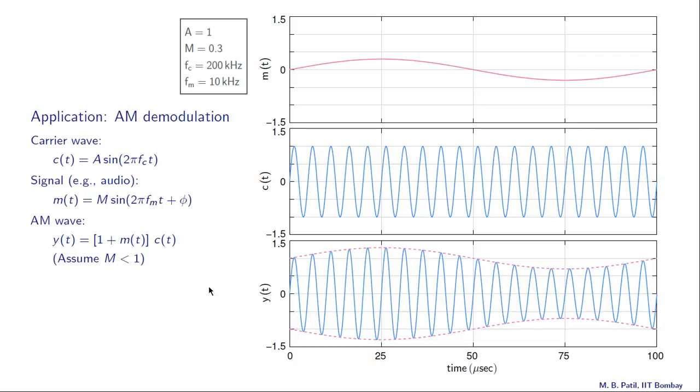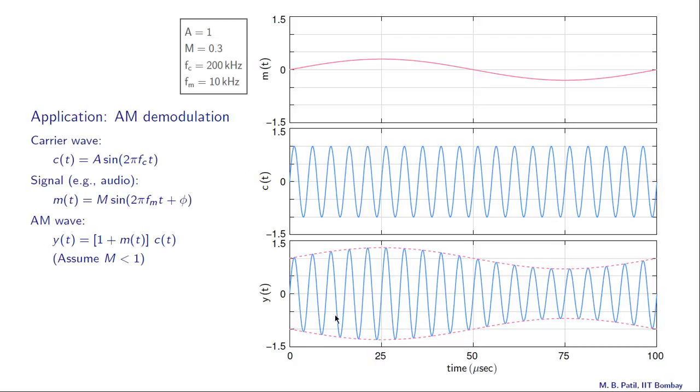So here are the waveforms. We have A equal to 1, the amplitude of the carrier, M equal to 0.3, Fc is 200 kilohertz, the frequency of the carrier, Fm is 10 kilohertz, the frequency of the signal, and clearly this Fm is much smaller than Fc. This is our y of t,